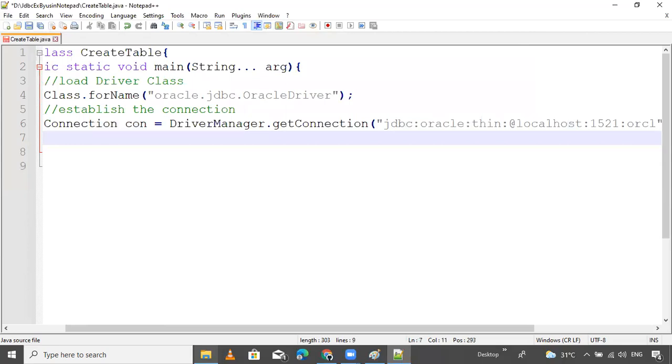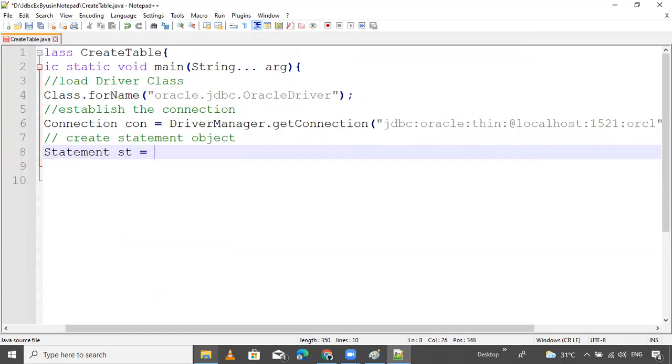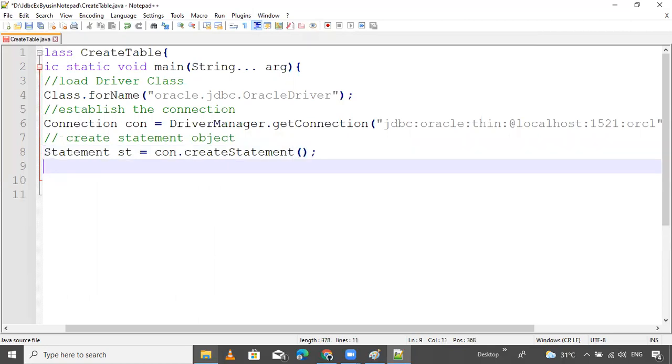Now our driver class is loaded and the connection is established. The next step is to create the statement object. Statement, this is the interface. Statement st equals con dot createStatement. Now our statement object is ready.